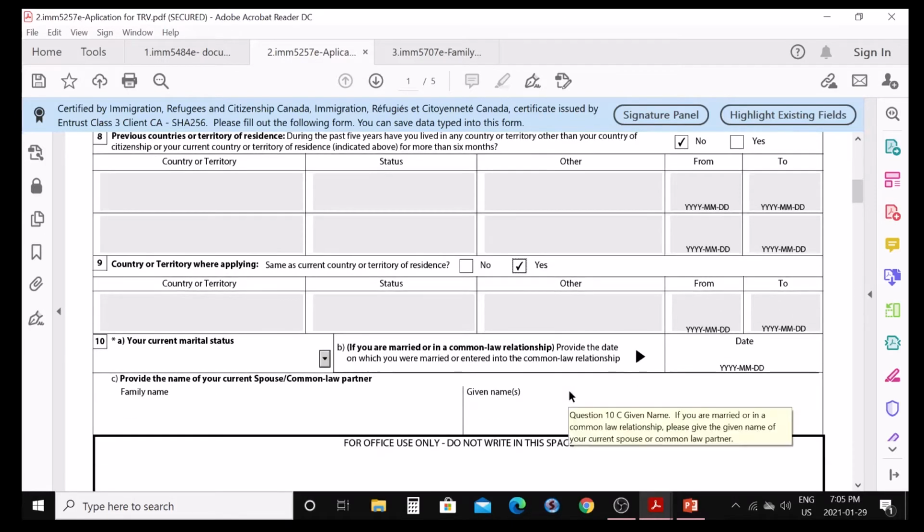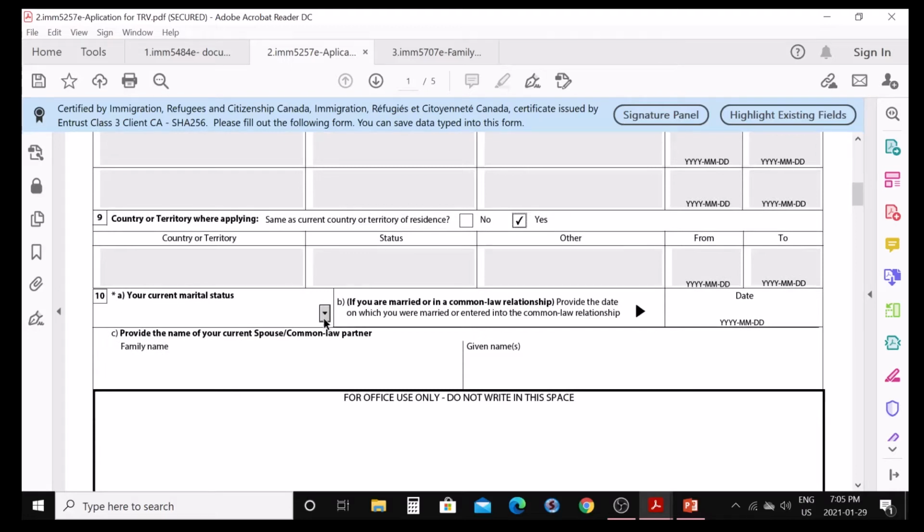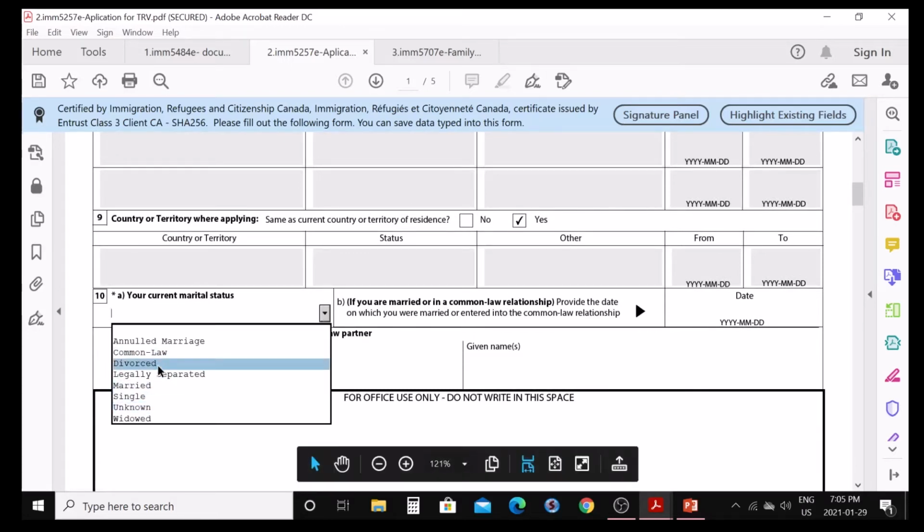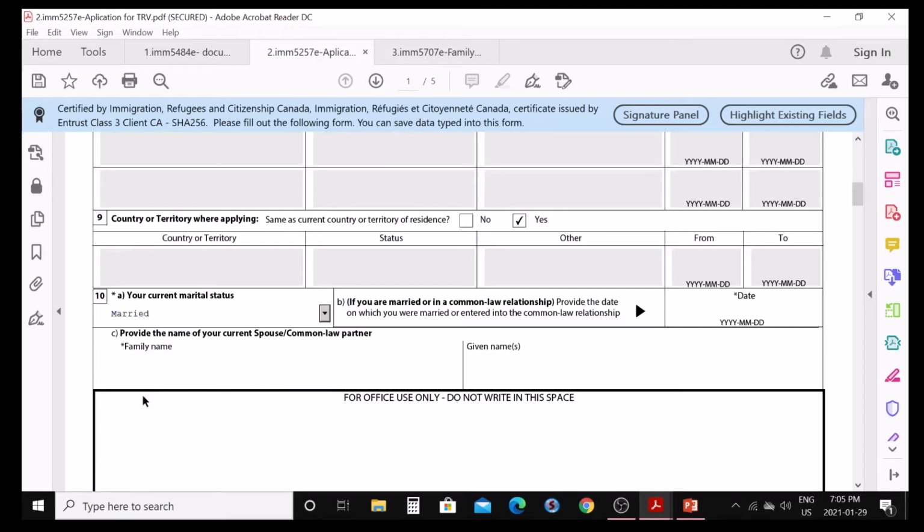Question number 10, your current marital status. If you are married, single, divorced, whatever situation is there, but in my case I'm gonna say married. If you are married or common law relationship, provide the date. So from which date. If you have your marriage certificate, you have that date. If you don't have a marriage certificate or any other document for that, you can write just one date and keep that date for record.